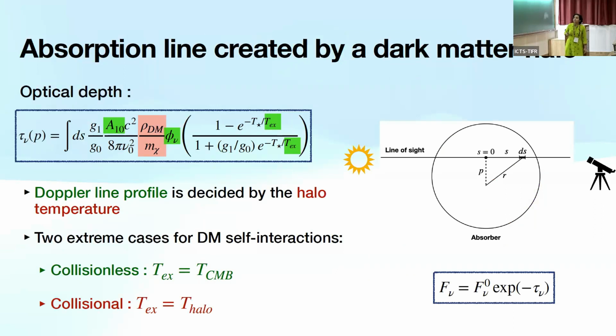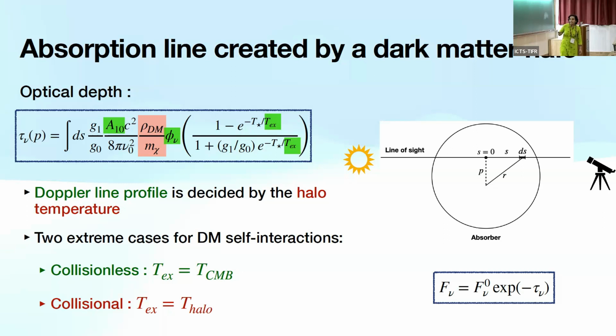Okay, so now I'm going to talk about what happens if we have a compact source like a quasar. So this is a picture where we have a compact source and there's a dark matter halo, and the line of sight intersects the dark matter halo at a certain impact parameter. And this can be quantified in terms of something called optical depth. So the optical depth is proportional to the coupling of dark matter to photons, the number density of dark matter along the line of sight, and also the random motion along the line of sight, which is going to give a width to this absorption profile.